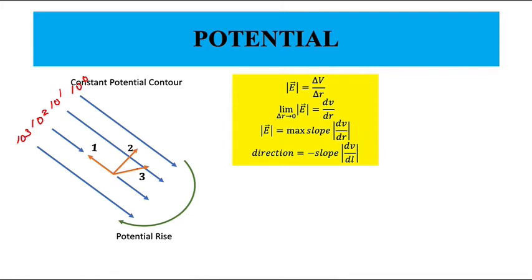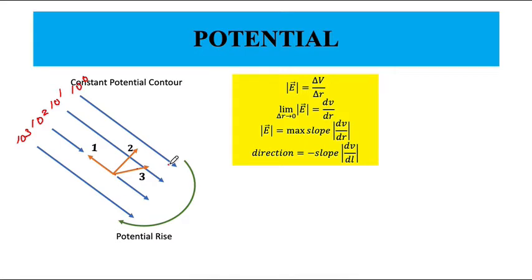will be actually perpendicular to that. Electric field magnitude will be perpendicular to that over here. And remember, when force is perpendicular to the object, the object does not move. Similarly, when the electric field and line segments are perpendicular to each other, then work done will be 0, or the potential will be constant. So along line 1 there is no potential change. Along line 3 there is some potential change.